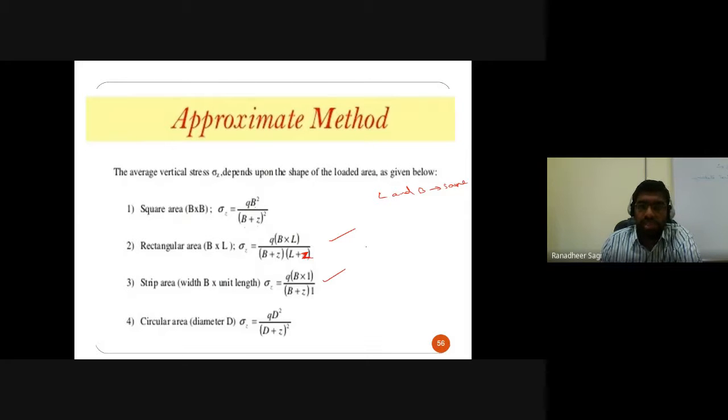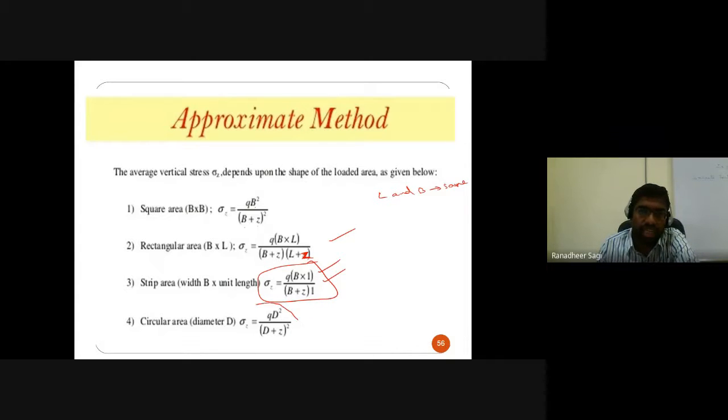Now in the case of a strip footing, you have a limited width, but the length is extended to a longer distance. So in such a case, we consider every 1 meter in the length direction. I repeat, for every 1 meter in the length direction. So the load distribution is represented as distributed only in the width direction, not in the length direction, because as the length is extended to a very long distance, the load distribution is considered with respect to only the width for every 1 meter in the length direction. So in such a case, your vertical stress can be calculated by this particular expression.